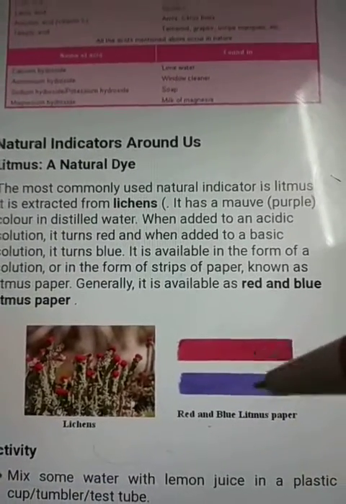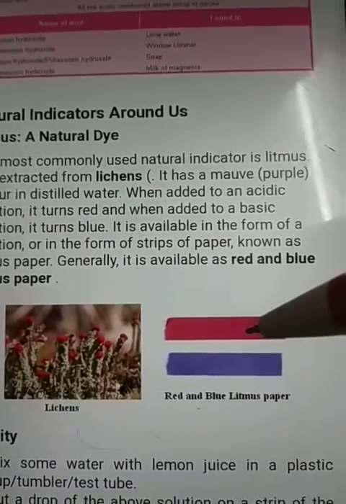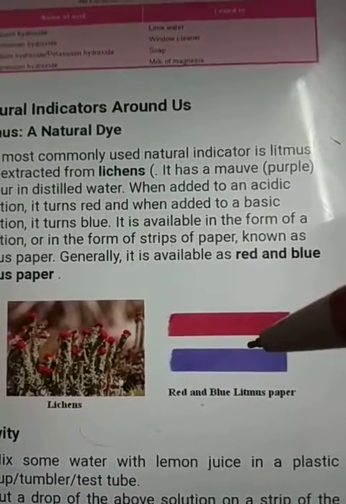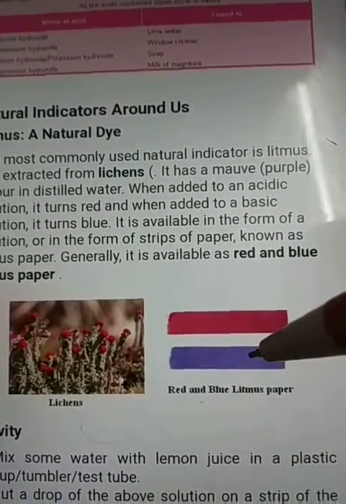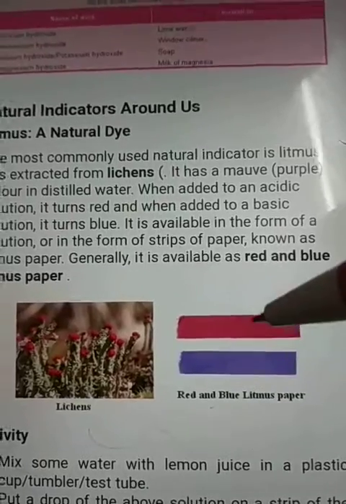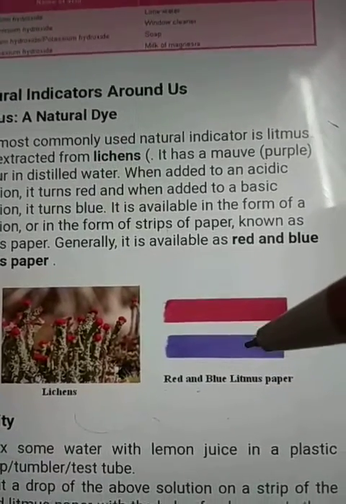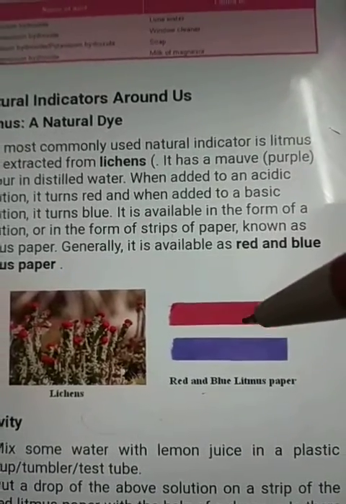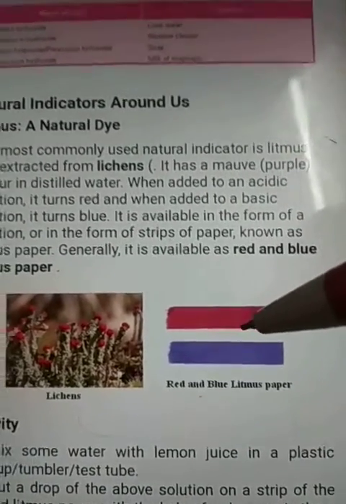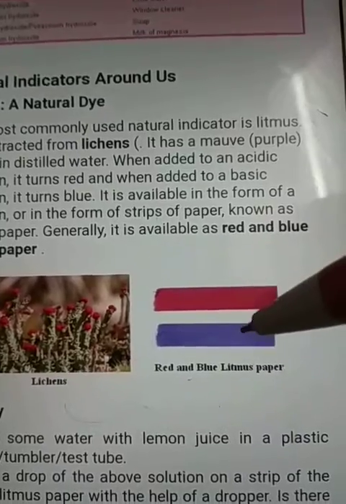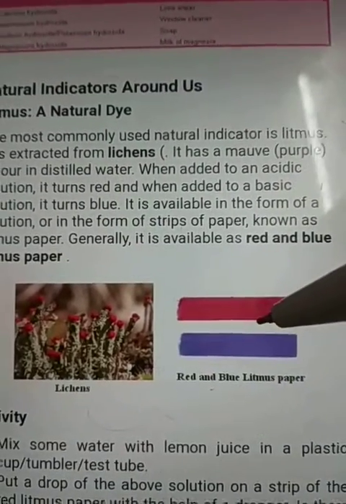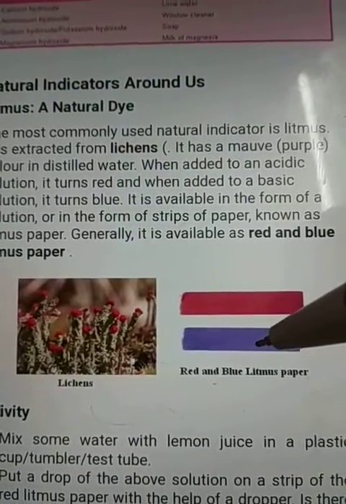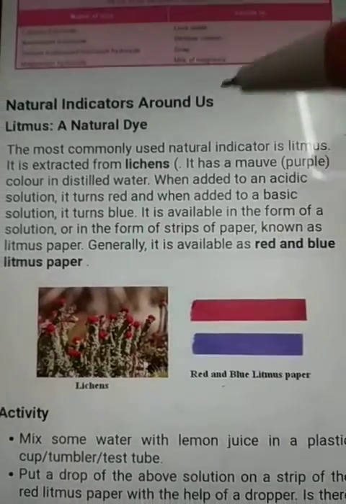On adding acid solution to red or blue litmus paper, it turns red. Red remains red and blue litmus paper turns red. It shows the presence of acid in a given substance. When we put a few drops of a base substance, then red color changes into blue and blue remains blue. In this way we can detect the presence of acid or base substance through litmus paper.